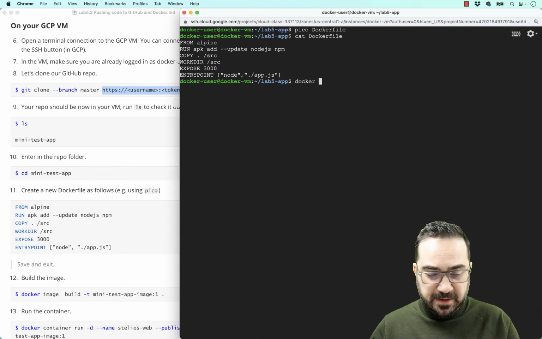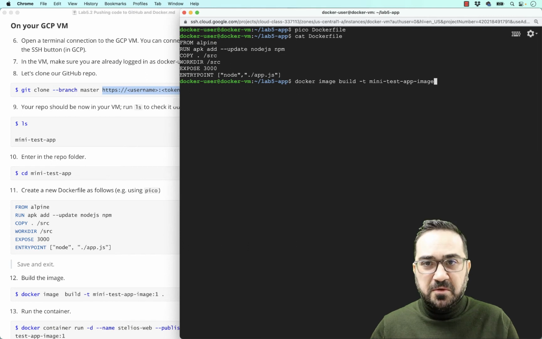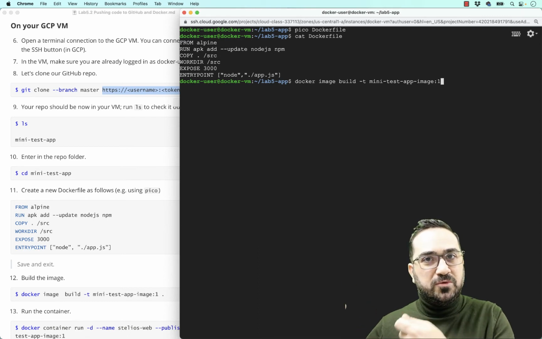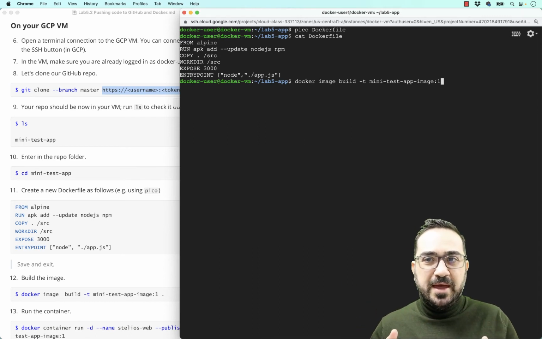So docker image build, and my mini test app, this is how I call it, okay? If you want, you can name it as you like, maybe lab 5, okay? If you have the same name, that's fine. Also, I would give it the version here. Now I will say this is my first version. If you like, you can have another version of an image, so you make some changes, you can say, okay, I will call it number 2. And the latest, it will always be the latest. So let's press enter,